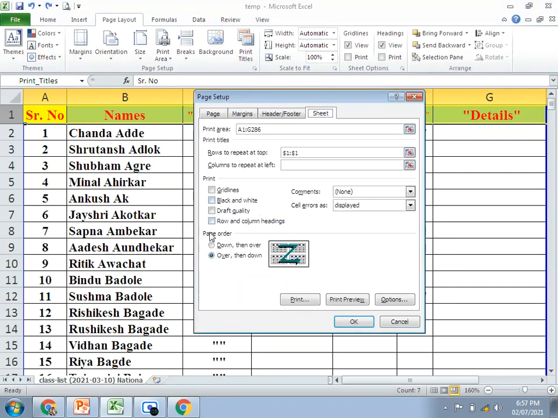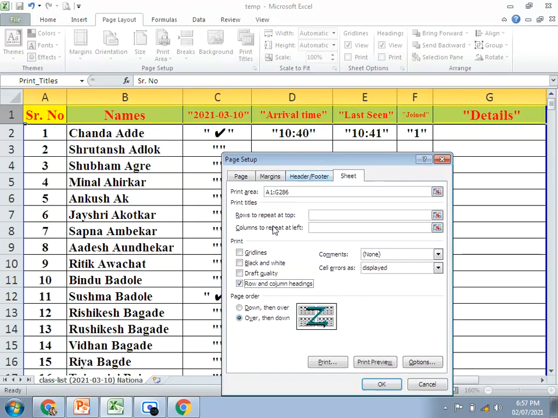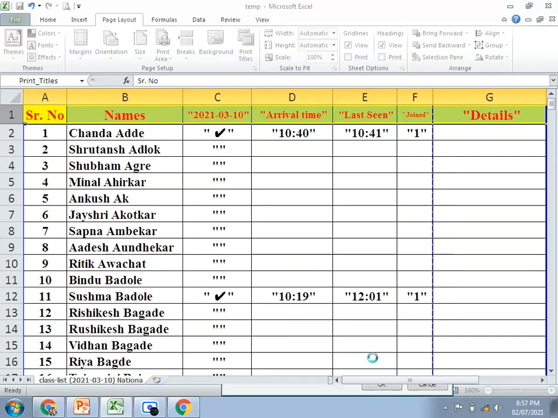One more option: suppose you are not setting the title rows to repeat at the top. Then we have another option, rows and column headings. Suppose you take this option, from the next page it will take the headings as A, B, C, D, E, F, G. We will check it.